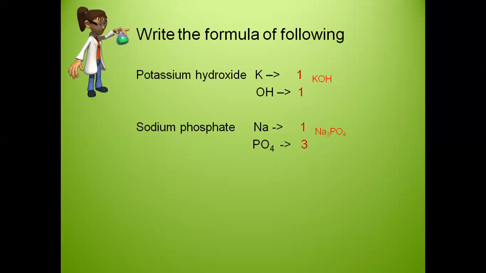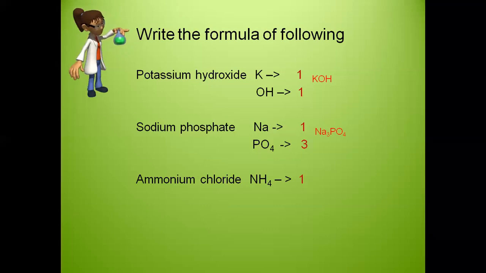Na3PO4. Next one. Ammonium chloride. Ammonium is the only basic composite radical. Others all are simple radicals. And it is not that the other composite radicals do not exist. They do exist, but we have made a list of only a few radicals given to us. Ammonium is NH4 and chlorine, everybody is aware, is Cl, which has valency 1. So when I crisscross, I get the answer as NH4Cl.